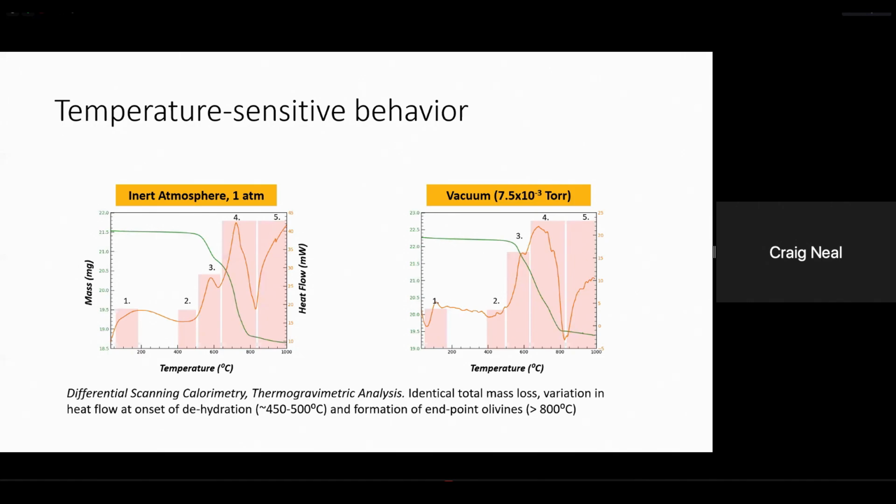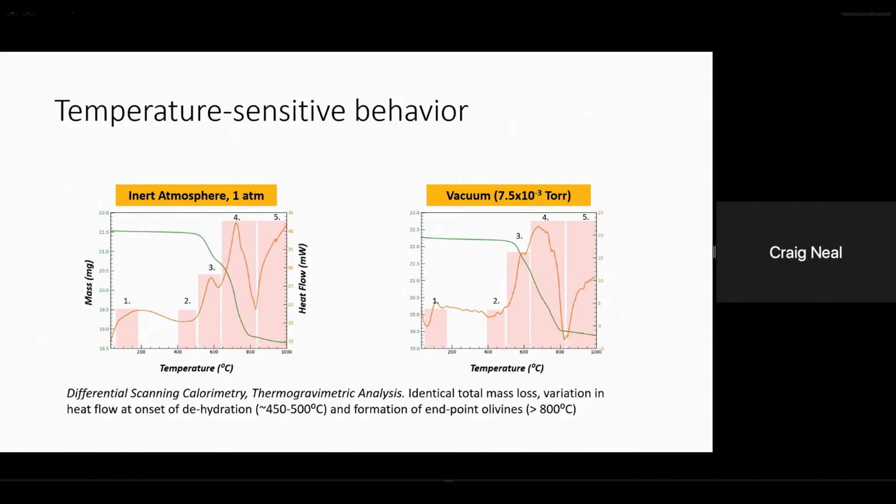So here I have thermogravimetric analysis and differential scanning calorimetry up to 1,000 degrees in an inert atmosphere under nitrogen flow at 1 atmosphere versus under vacuum conditions. So there's 5 peaks labeled here, and this is all for Antigorite. Peak 1 is the loss of weakly absorbed water species. 2 is related to pore reconstruction. 3 is the beginning of a